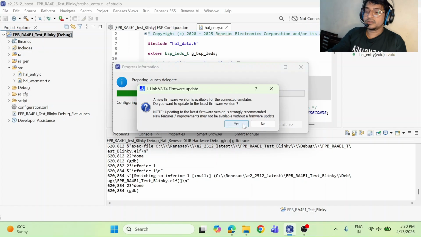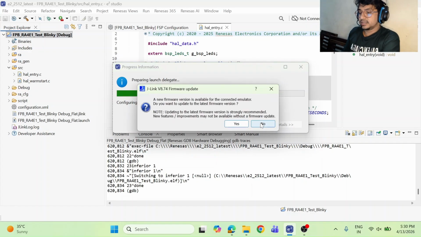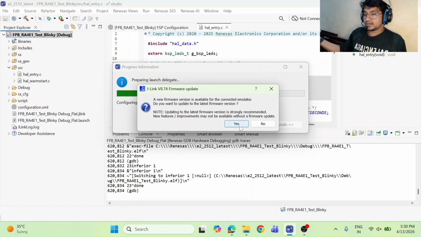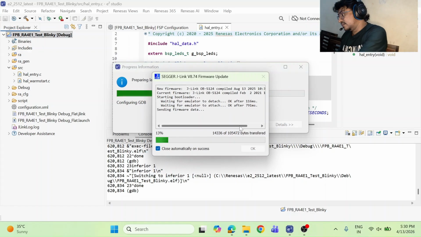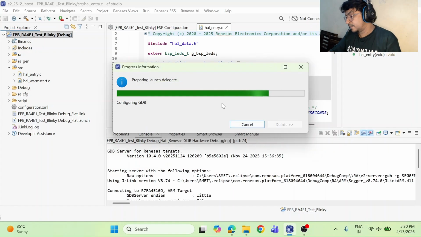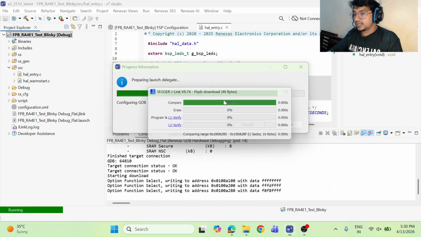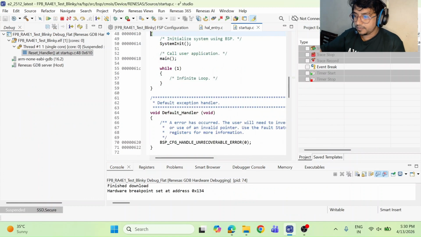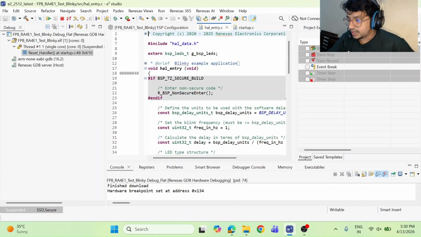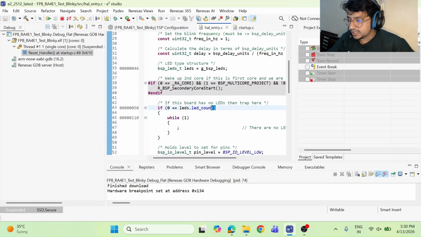Before that, if your system asks to update the J-Link, you can select no, but it will come again, so it is better to update. And as I told earlier, you have to plug in your board. I have plugged in the board and done everything, and here you can see the LED count option.